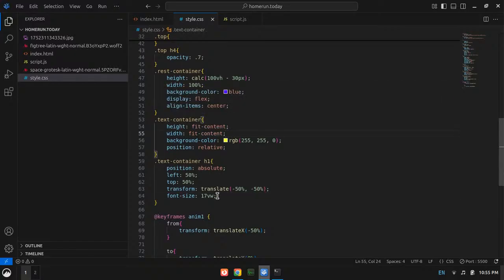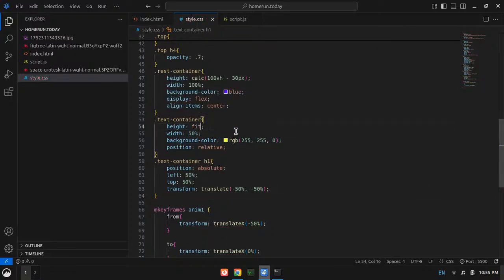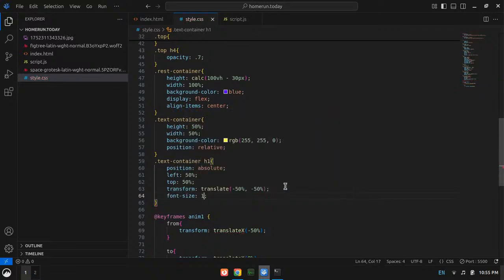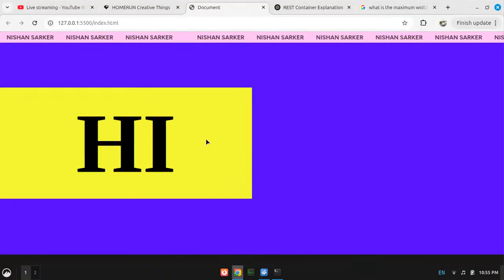Okay, position absolute doesn't work with fit content, so I have to assume one height. What could be the height? And width also. Let them be just what they are. Alright, and now let's make the font size 17 pw if it's okay.